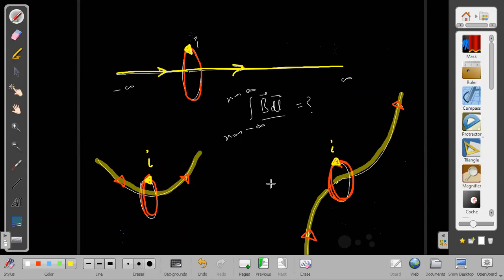You have to find this for all these cases: case 1, case 2, case 3. The equations I am giving are for the curves. For the first, this is just a straight line lying along the x-axis. For the second case, it is a parabola. For the third case, it's a cube.